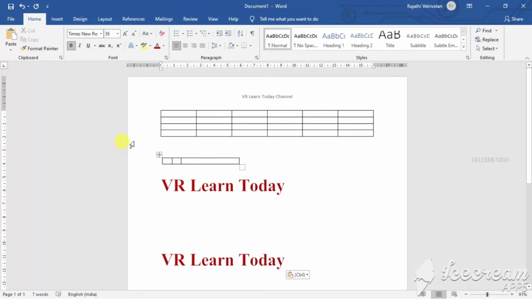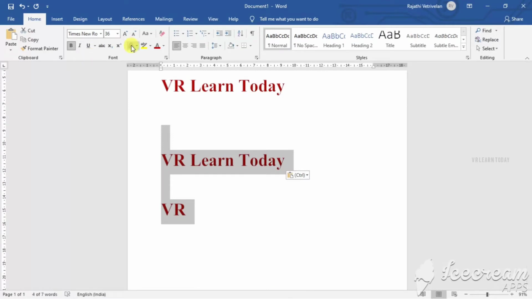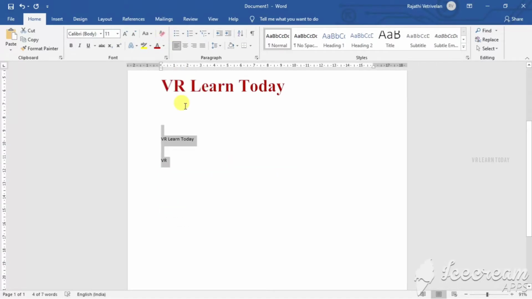Format painter, it's nothing but, first of all I'm going to select it. I'm going to clear all the formatting. So just click here. If I need the same style, same color, same font for this also, you just click the formatted text and then click Format Painter and then paint here.